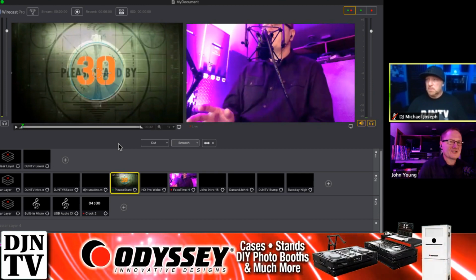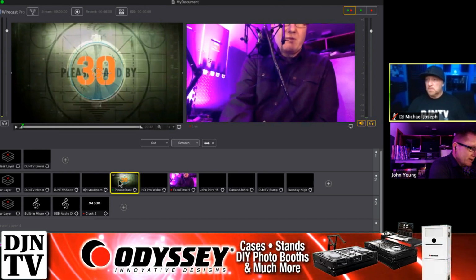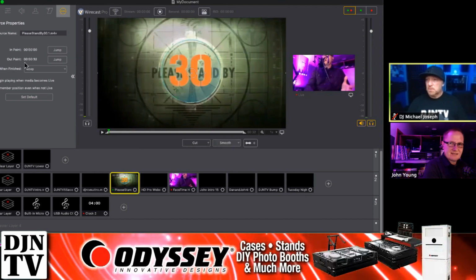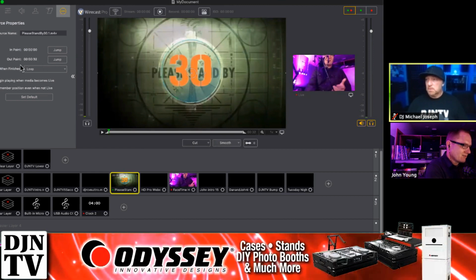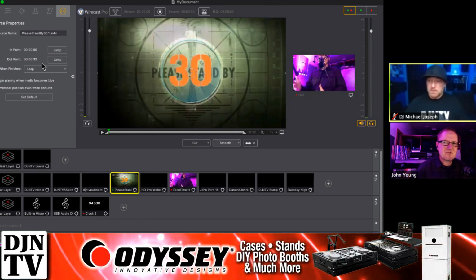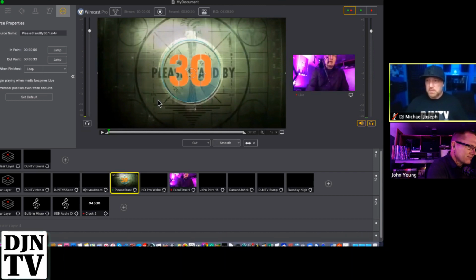A couple of things I want to show. I'm not going to go into this too in depth, but with the Wirecast, we can set up and adjust a lot of the little things over on the left side. On that left side, I can adjust volume for the clip. I can layer clips. I can adjust the size, and I could put 4 different little video clips in there. I can do whatever I want with that. I can crop them down, so I could crop this image down so it was only the 30 that's showing. There's a lot of different capabilities there.